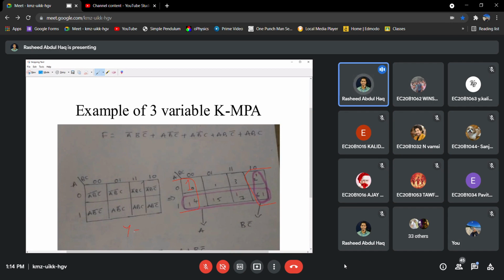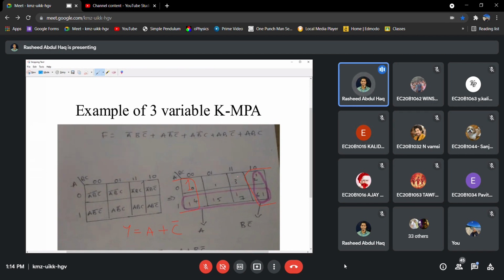y is equal to, just like earlier, a plus. Then in this grouping, what will be the answer? A's value is changing, so a will not be there. B's value is also changing from 0 to 1. So it will become a plus c bar, as per my method. Sir, C complement, no, sir, C bar. Correct, C bar. C is 0, so C bar.